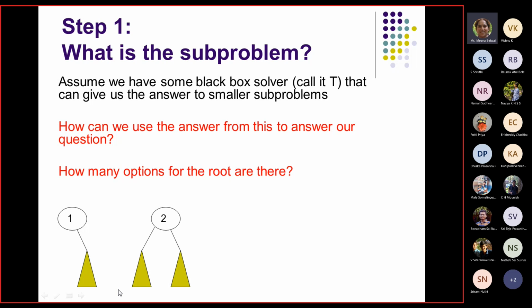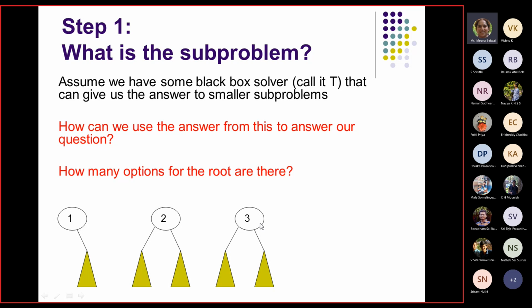Another choice could be to make 2 the root. If I make 2 the root, obviously at the left-hand side 1 will come, only 1 will come to the left of 2. But the rest, 3 to n, will go to the right. And then how many trees can I uniquely generate from that? That is the problem. Similarly, if I have 3 as the root, then 1 and 2, the numbers less than 3, can come to the left child, and more than 3 can go to the right child.